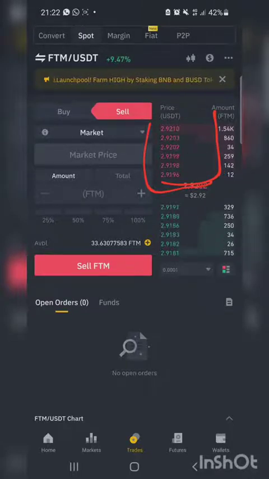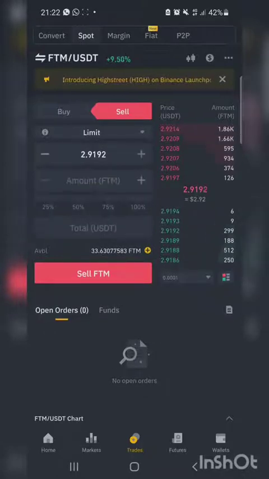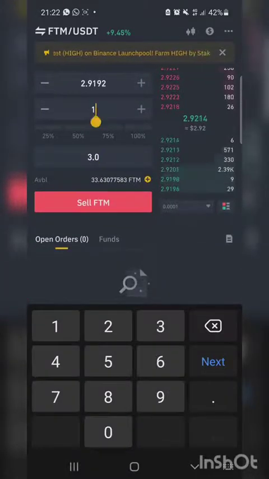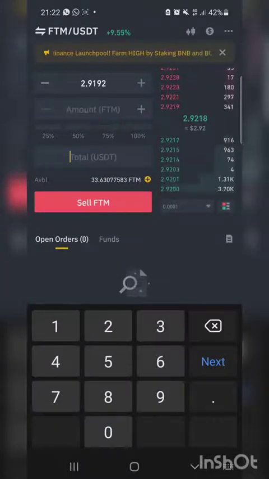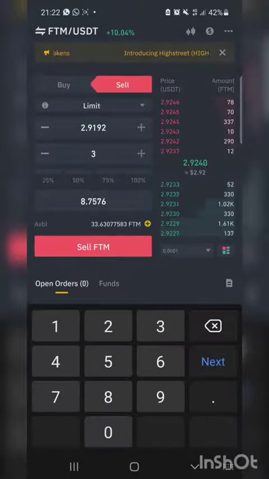So if the present price is 2.9193, you'd want to sell at a higher price than when you bought. If it's a market order, it's going to be selling at the instant or the immediate price. Otherwise you can take it to a limit. So let's say you want it to sell when it's at 3.0. That will be over here, not here. So here at 3.0, meaning that's the price you want it to sell. Okay, this is where you're filling it. So at 3.0,